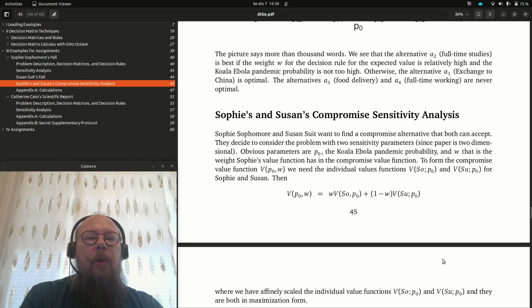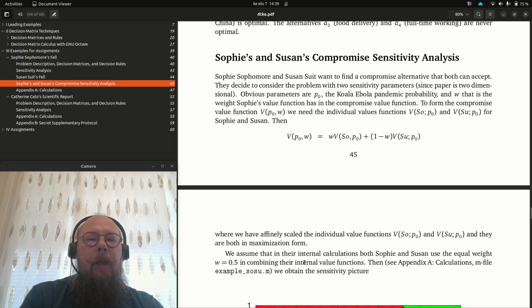So what do we do? We do that internal calculation, both Sophie and Susan, we use equal weight W equals 1/2 in combining their internal values. And again, there is this appendix A calculations, the M file example_so.su.m, where the following picture is